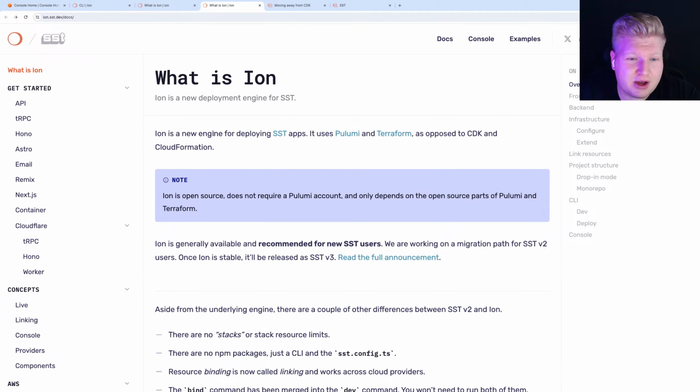One of the promises of Ion is that it's using Pulumi, which is something like Terraform. They're saying here it's using Pulumi and Terraform. We need to check it out deeper, because I remember Dex saying Pulumi is using Terraform providers under the hood, but then I spoke with some people who said they did it in the past but are not doing it now. I don't know what the current situation is. But if Pulumi used Terraform under the hood, that would be great.